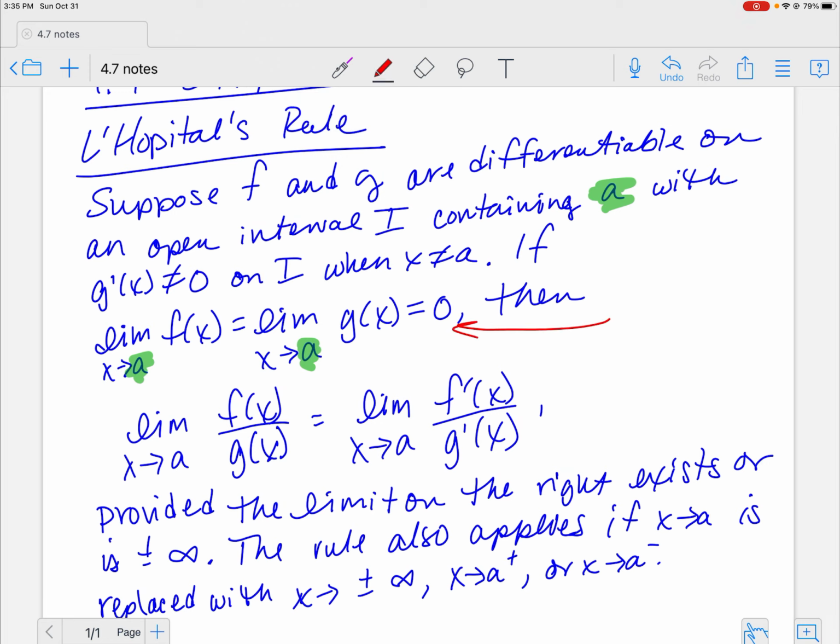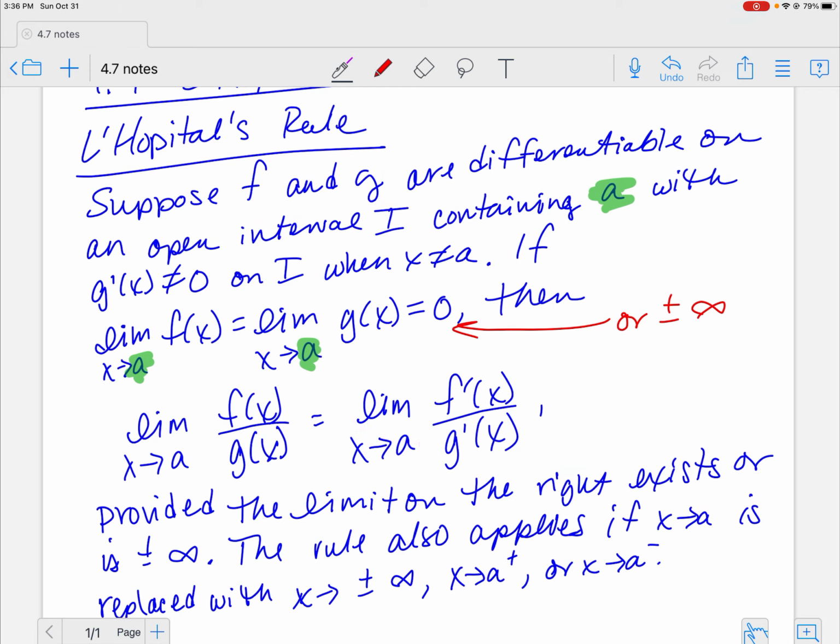They can also equal positive or negative infinity. They write it as a separate definition, and we're not going to because it means the same thing. If your limit is equal to 0 or positive or negative infinity, then my limit of f of x divided by g of x, which is why it can't equal 0, because you can't have that in the denominator either,